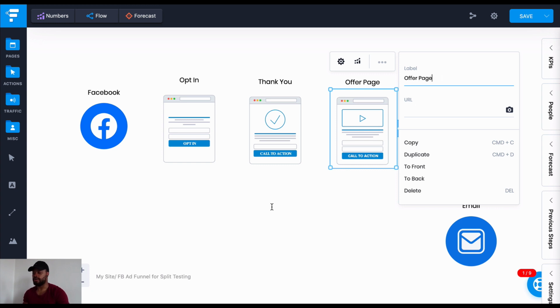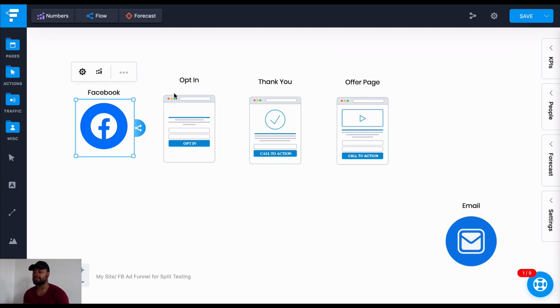Offer page. All right. So Facebook ad over here, opt-in page where you're getting their email addresses, and you've got some form of lead magnet. So you're telling them they can download this, or they can watch this free training, whatever it might be. But you're giving them something that's valuable. You're not going to get people giving you their email address if you're not giving away something valuable,